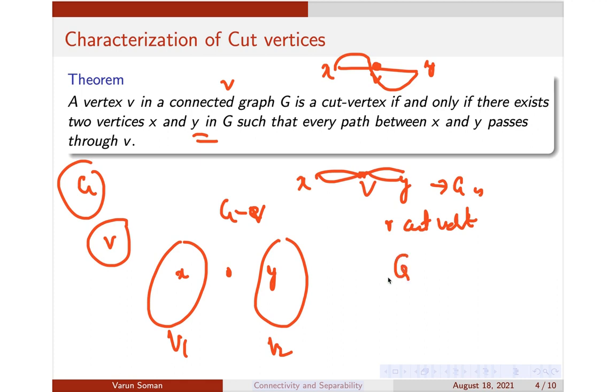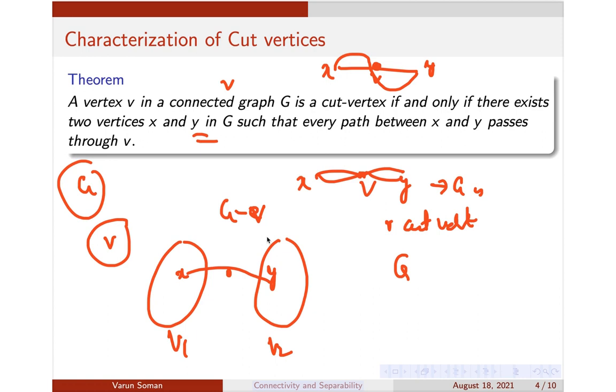Now this path has been destroyed. How was this path destroyed? Because from your G you have deleted the vertex V. So this path was destroyed because V was deleted. How will deletion of V affect this path? That is only and only if V lies in that path. So originally G was connected, so originally there was a path between x and y. If the deletion of V destroys this path, it means V is lying in the path between x and y. That means in every path joining x and y, V should be present. Otherwise, deletion of V will not disconnect the graph into two.